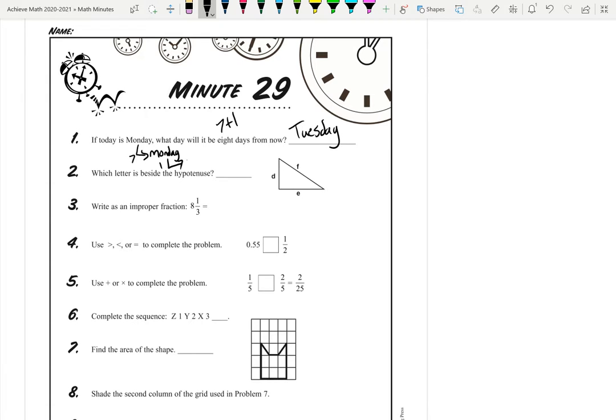Number 2, which letter is besides the hypotenuse? The hypotenuse is the longest side of a triangle. I draw my right angle in, and it is going to be on the opposite side, saying F is the